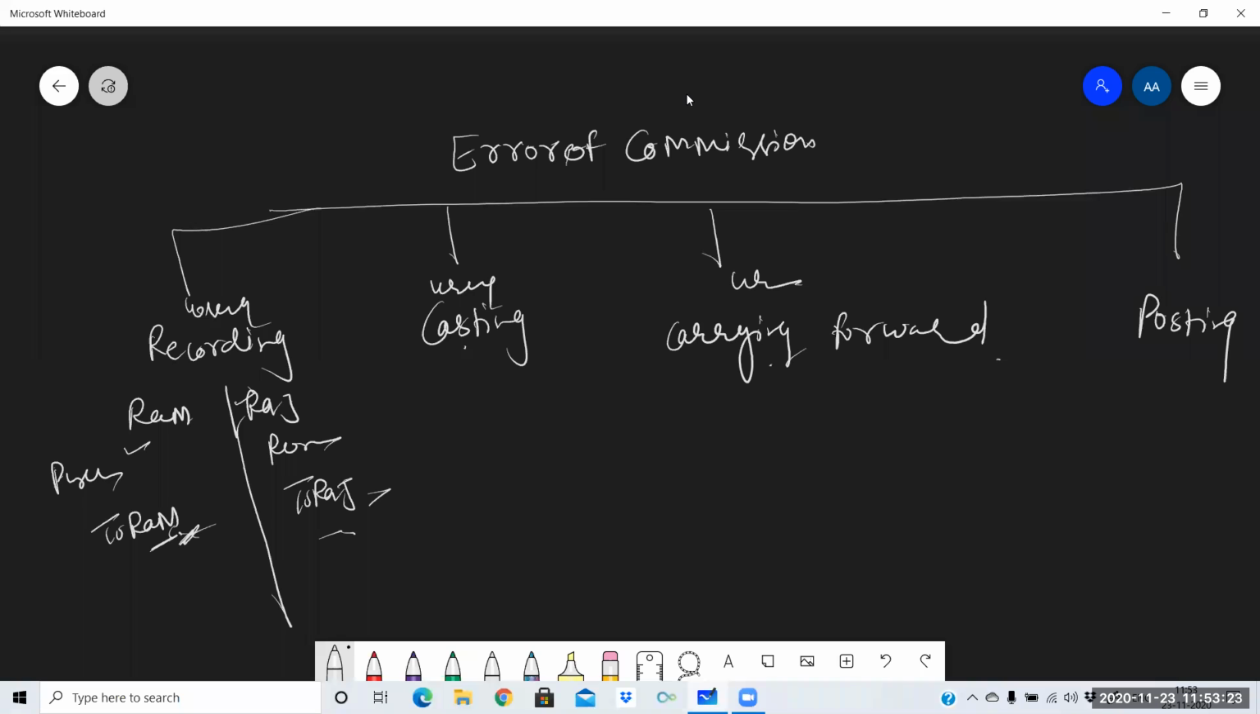Only the name has been changed. So changing of name does not affect the trial balance. Why? Because the transaction will be recorded on the credit side of the trial balance. It hardly matters in whose account the transaction is posted. Ram account or Raj account, the name does not matter in the trial balance, because while balancing the trial balance, we